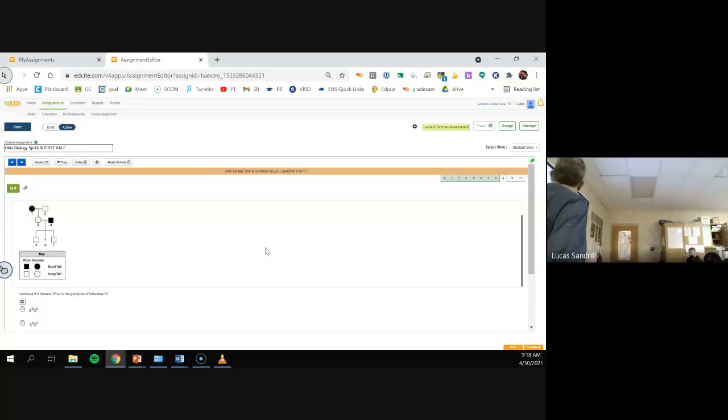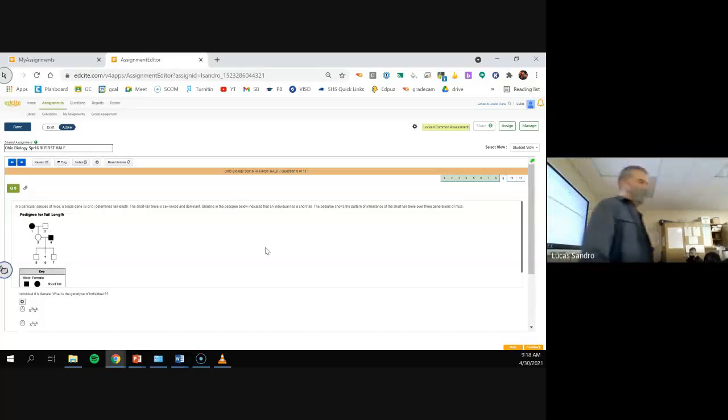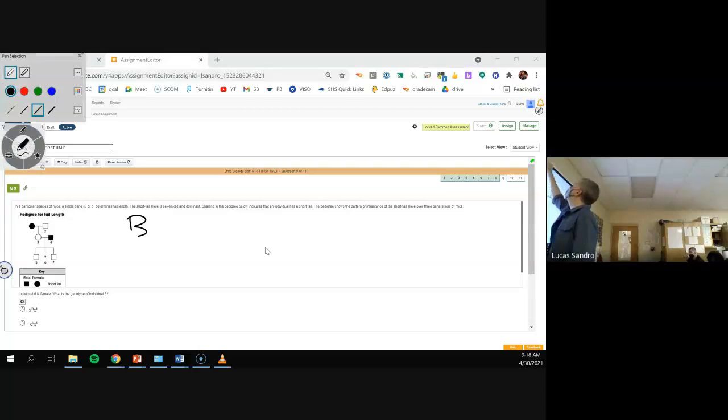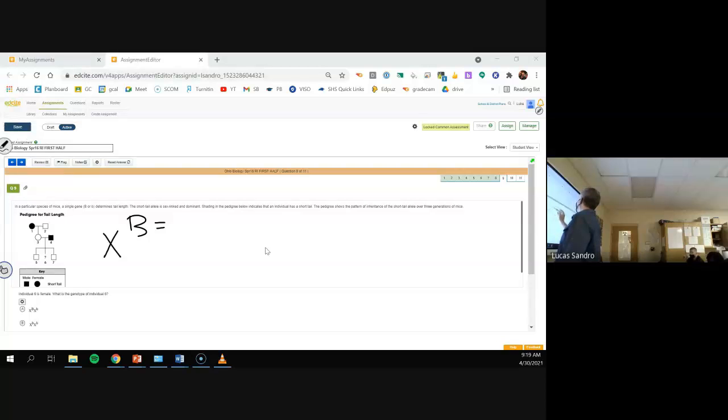In a particular species of mice, ooh, this is a nasty one. A single gene determines tail length. This is where that habit of writing things down initially comes in handy. Never mind. X big B is short tail. X little b is long tail. Shading indicates short tail,